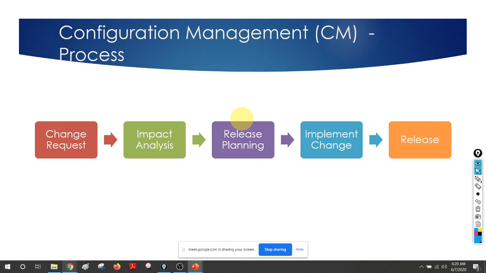Then we have to of course do thorough testing, etc. Then according to our release plan we are going to release it, right? Remember, now we are releasing it to production, therefore we have to be very careful when it comes to releasing those change requests, because in the normal software development cycle your products are going to be released to